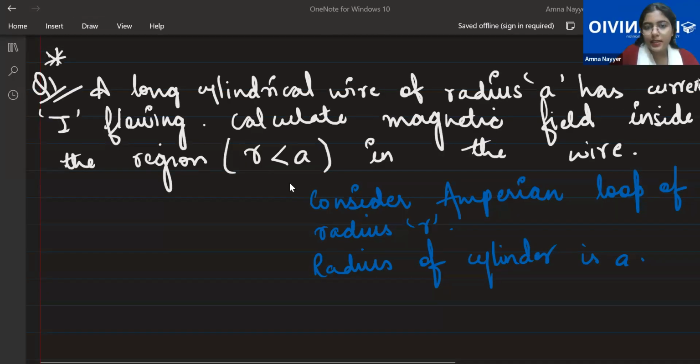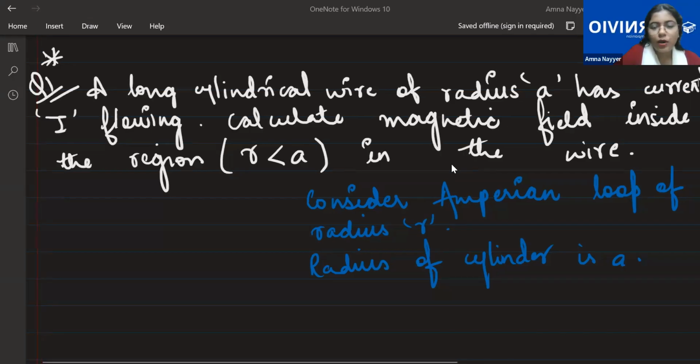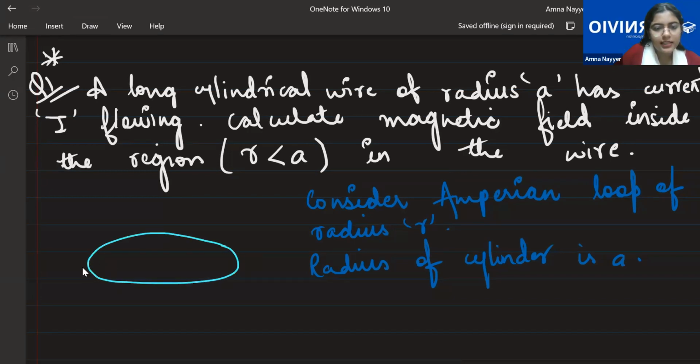See, this question says a long cylindrical wire of radius A has current I flowing. Okay. So what I'll do, Raneem, so that you can see exactly through this wire, I'll draw it a little thicker. Usually we draw the wires very thin, like a straight line. I'll draw it quite thick. So let's say this is the wire. Okay, this is the edge, and we just require the end of the wire. And current I is flowing through this wire.